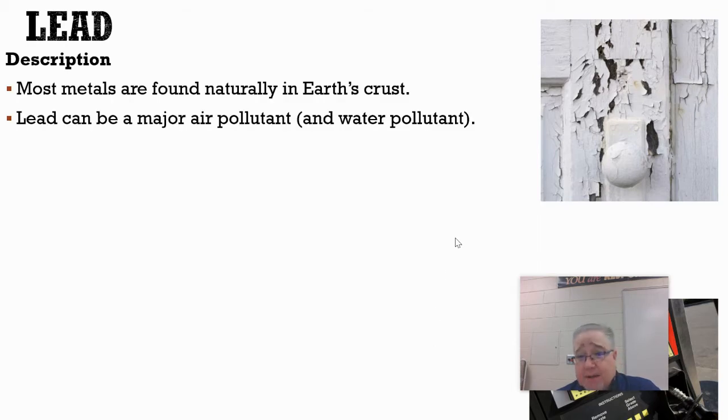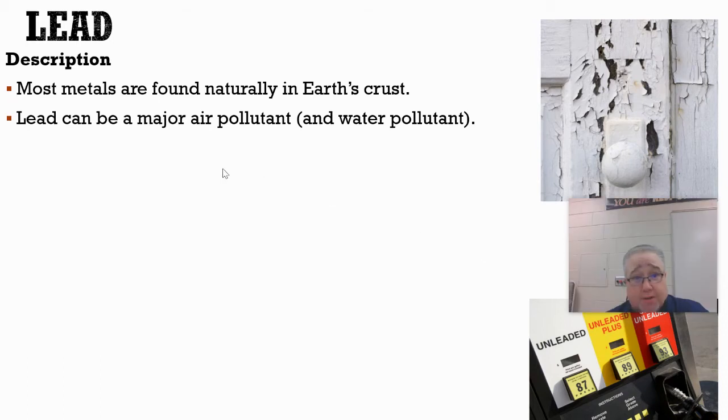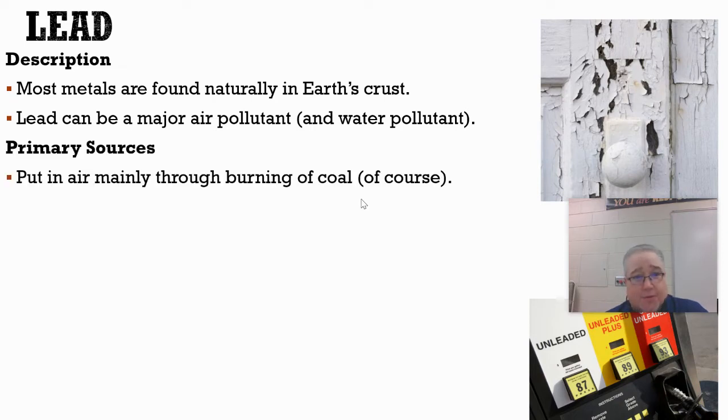Lead's kind of interesting because not only can it be an air pollutant, but it can also be a water pollutant. In fact, the next unit we get into, Unit 8, is about water pollution, and we will revisit lead. So we'll talk about it as a water pollutant as well. But in this unit, we're going to talk about it as an air pollutant. Again, one of the main sources of lead is burning coal. So again, we burn coal to produce electricity, in this country a lot, and that does release a lot of